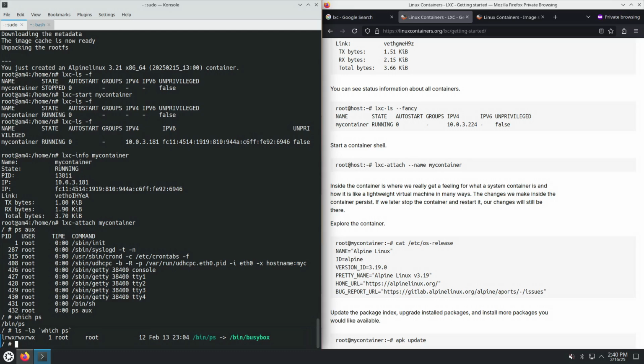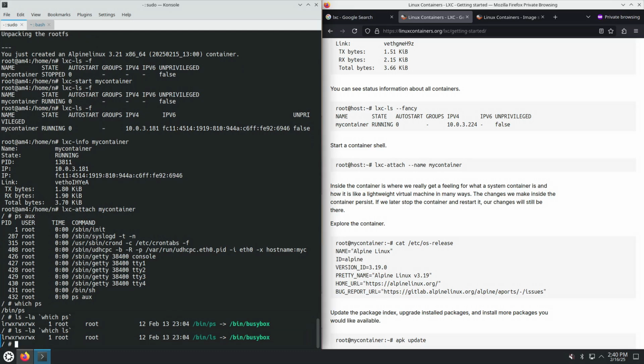So PS is actually a symlink to BusyBox. This is the way the Alpine Linux operating system works. It uses the Linux kernel, uses musl as a C library, not the GNU C library, and most of the Unix minimal userland command lines are actually symlinks to BusyBox, such as PS or LS